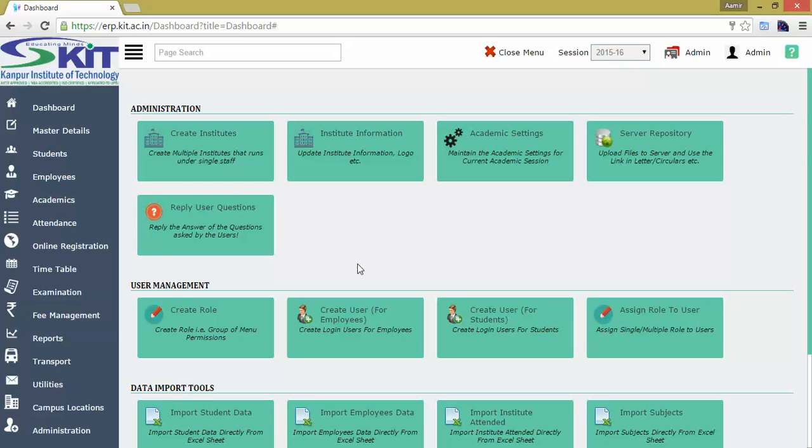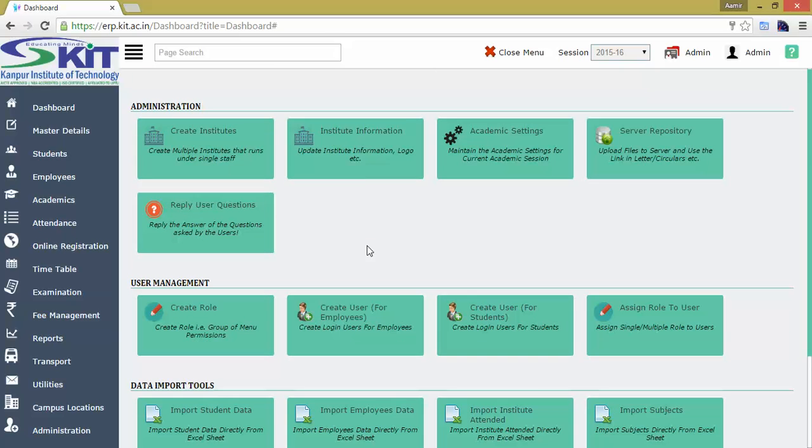Here the third option is named academic setting, which maintains the academic settings for the current academic session. That is, you can maintain or change these parameters at any time during the academic session. Let's see what the academic parameters available in this form are. Just click on the academic settings.